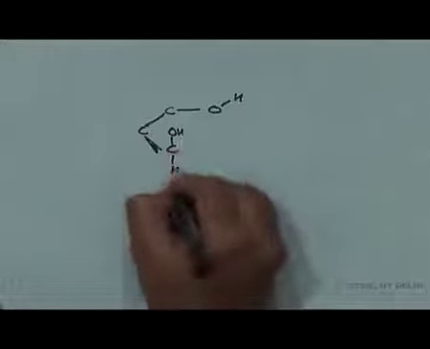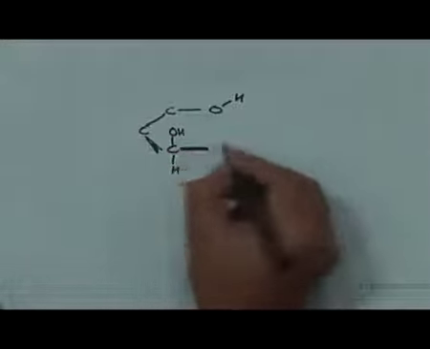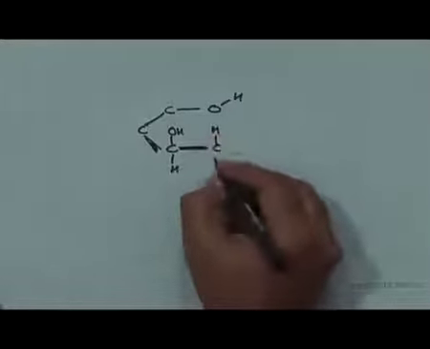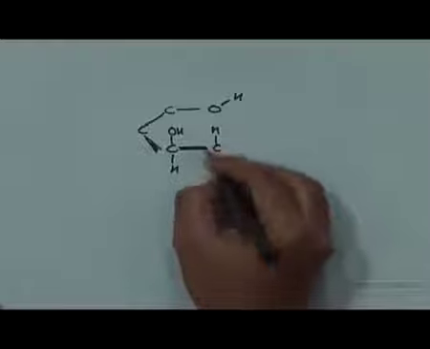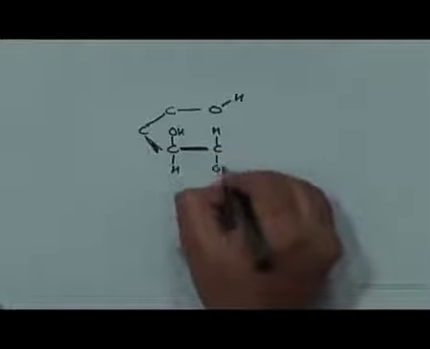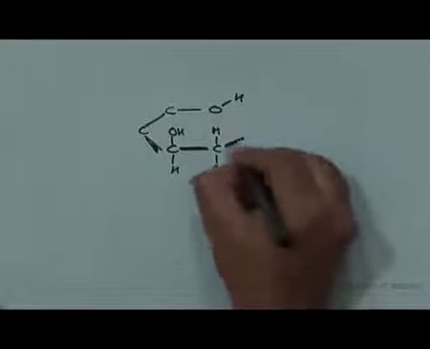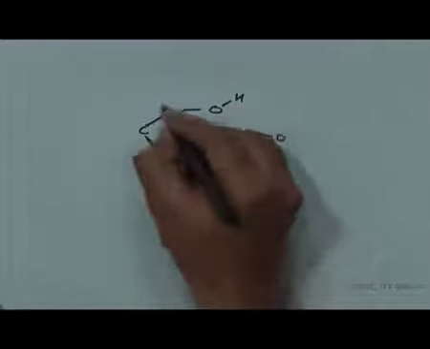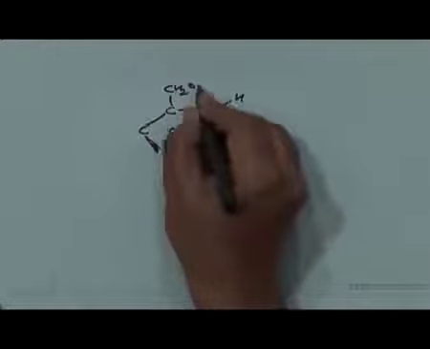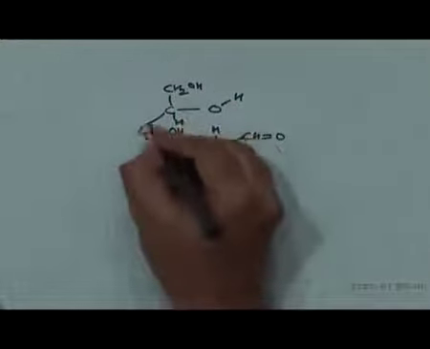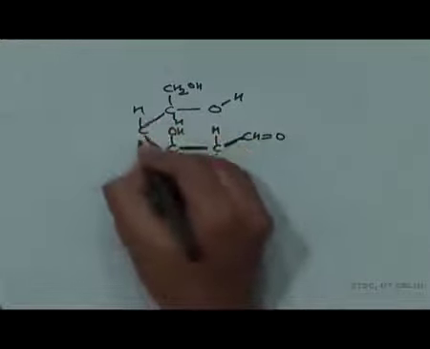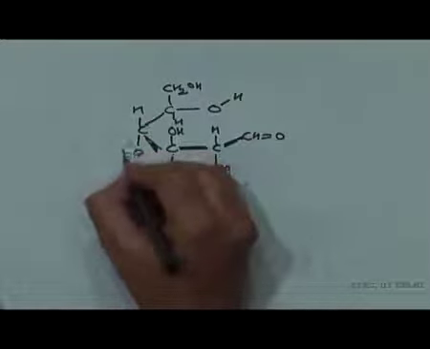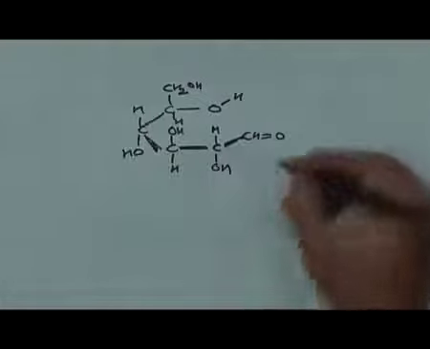The rest of the things will remain the same, and only the positions of CH2OH and OH will change. All right. So after this bond rotation, the C4-C5 bond rotation, we get this structure. Now the stage is set